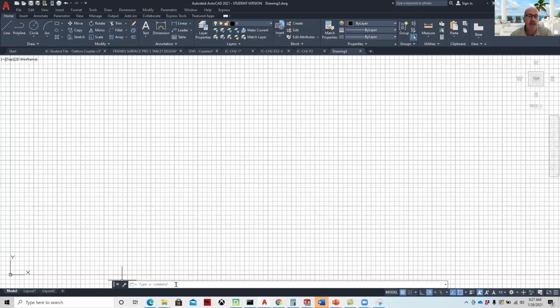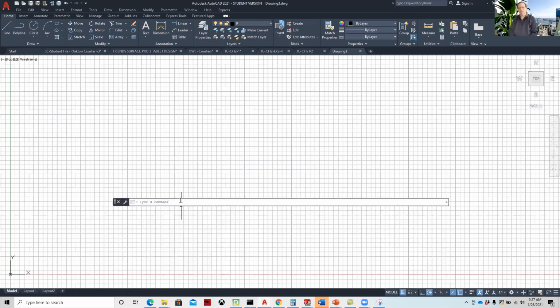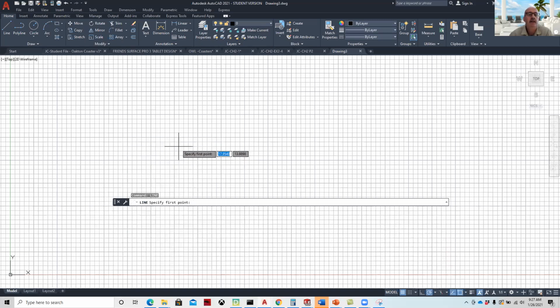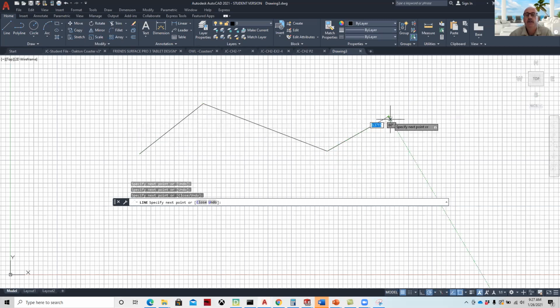Down here on the bottom is the command prompt. Back in the day, everything was very word orientated. So you can type in the commands. So I could type in line, and it'll give me all the commands that have the word line in it. If I select line, and then I click on the screen, I can start to draw. If I right mouse click, I can hit enter. Down here at the bottom of the screen,